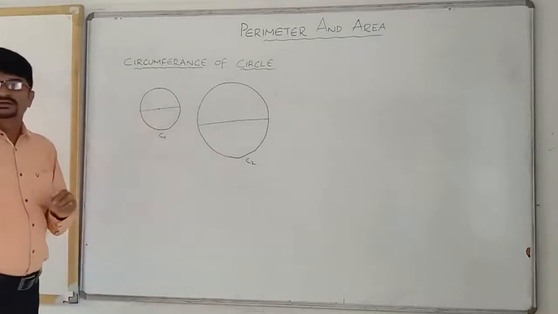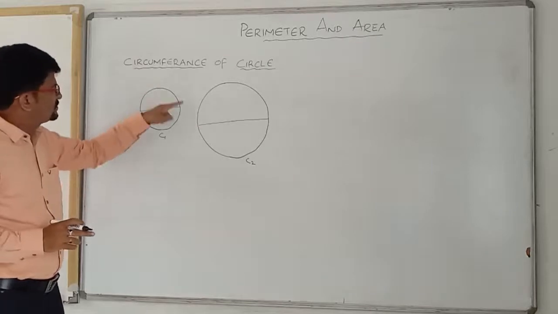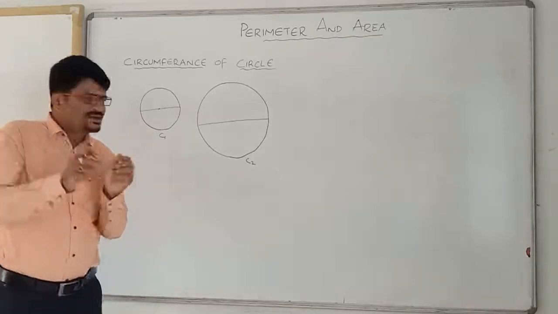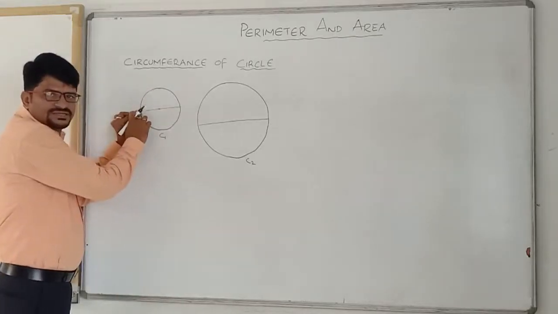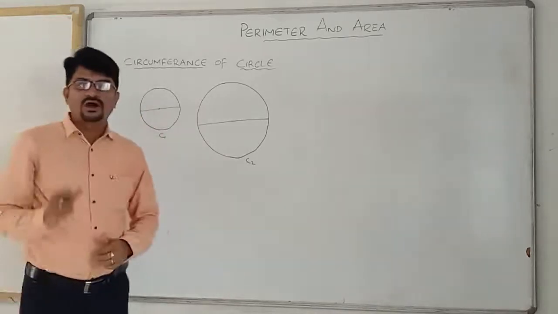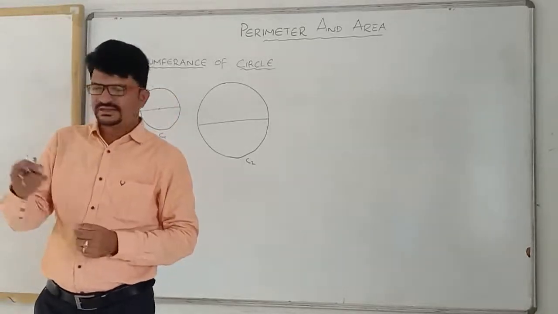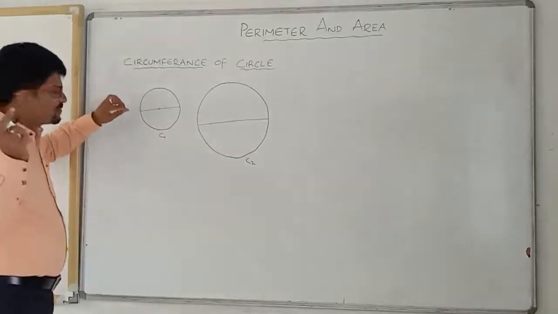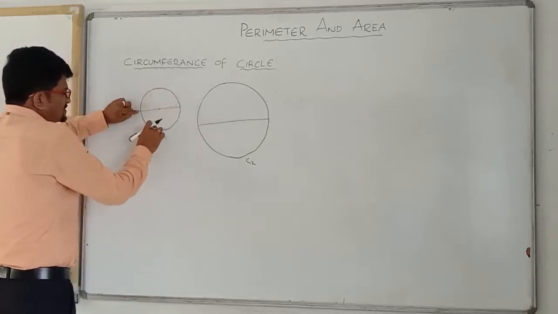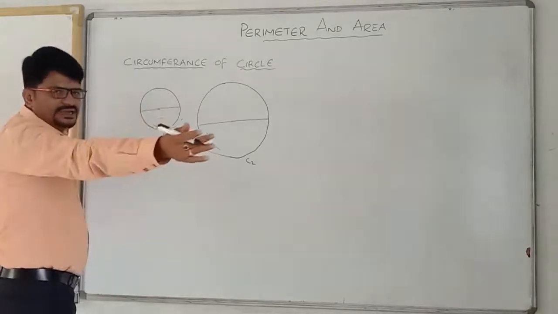Circumference means nothing but the boundary line of the circle. How can we measure the boundary line? We cannot bend a scale, am I right? Can we bend the scale to measure the circumference? No, no. A scale is a straight thing. Now, how can you find it? There is an experiment. Let us take a thread. The initial point of the thread you can keep here and measure it. Place the thread on the circle, and there you can cut it. Then the length will come.